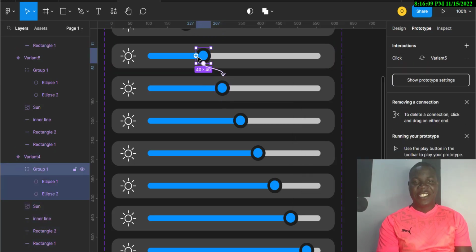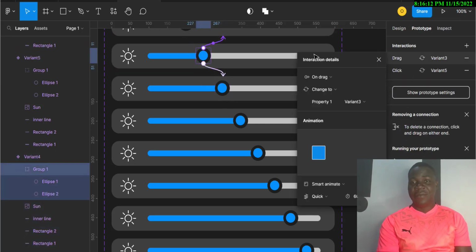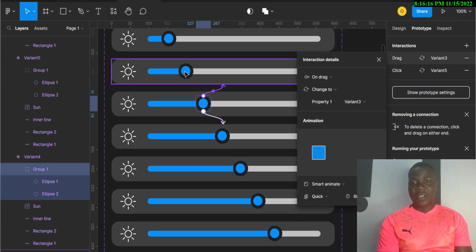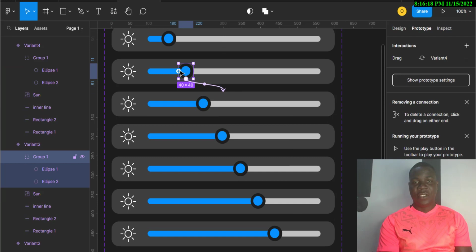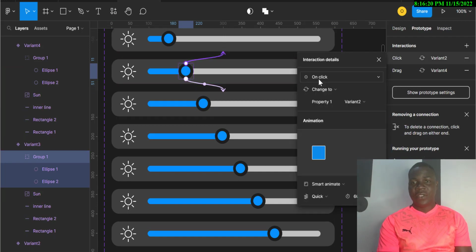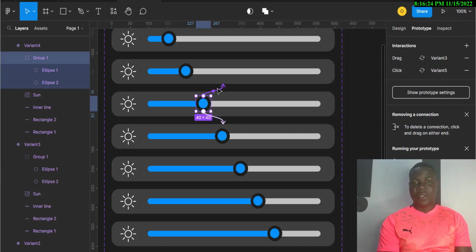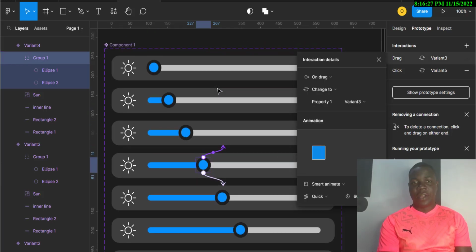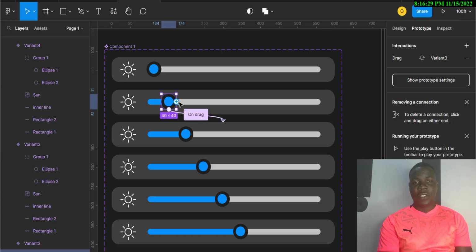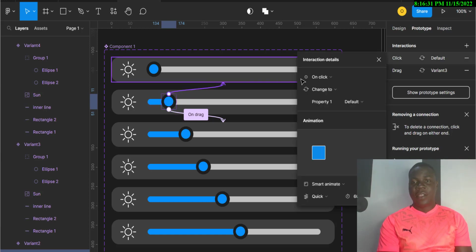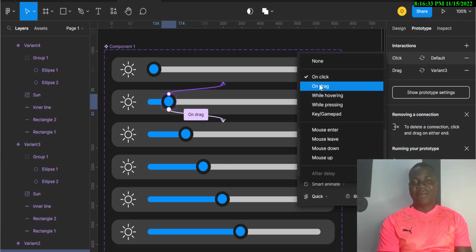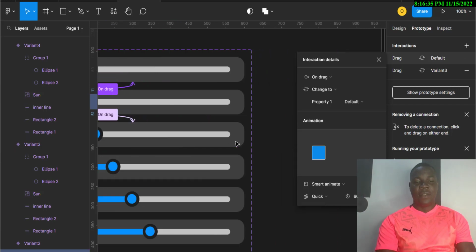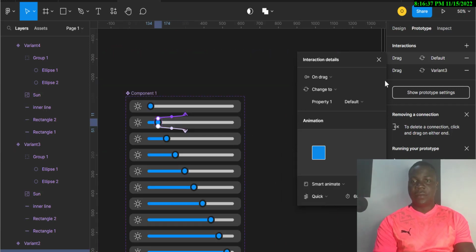So you keep on changing it, the same method. Just change it to drag, change it to drag, change this to drag. That's what you are doing. Change it to drag. And let me check this. Is it on drag? It's on drag. So change it to drag. Okay, our work is done. Now let me reduce the